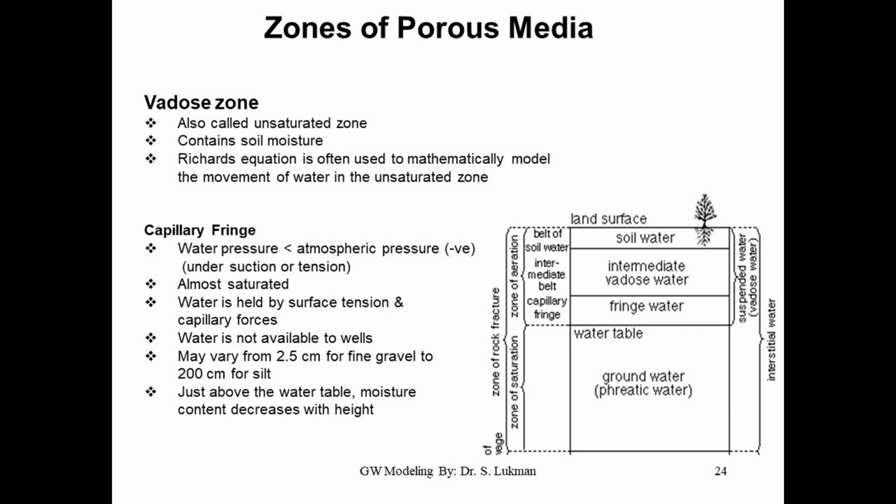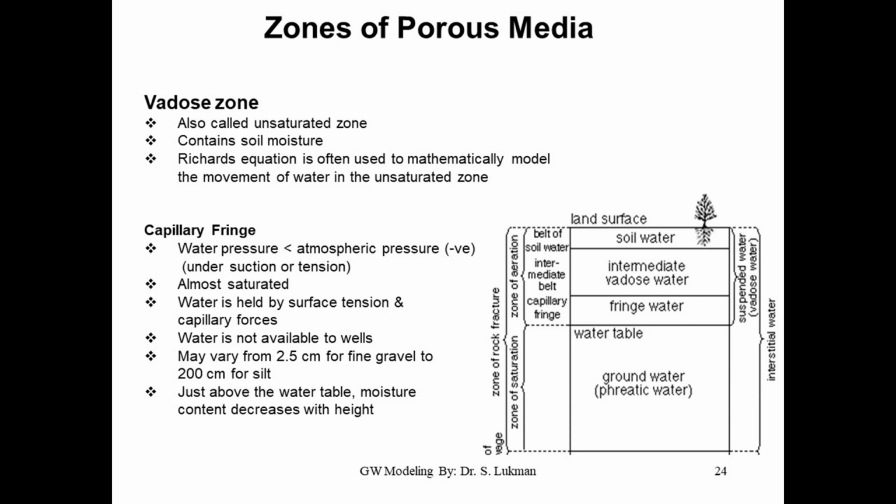Now, the capillary fringe. I made mention that it is intermediary between the unsaturated zone and the saturated zone. It is not fully saturated, yet its moisture content is higher than the unsaturated zone. Much as we mentioned that the pressure in the unsaturated zone is negative, later we are going to discuss what negative pressure is. Do you even have it? What is the real implication of negative pressure? How do you visualize it? We are going to discuss that, just like all the different types of pressures that we have.